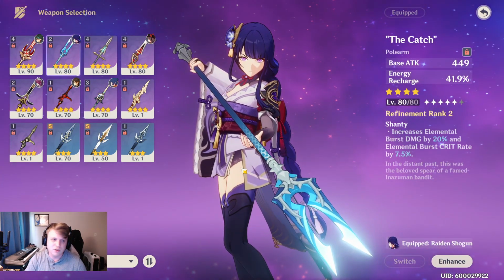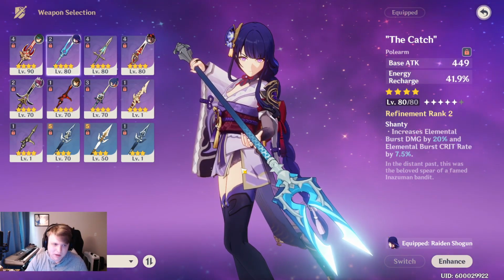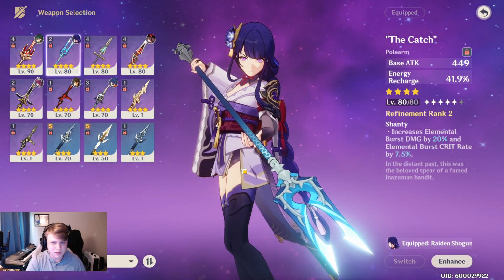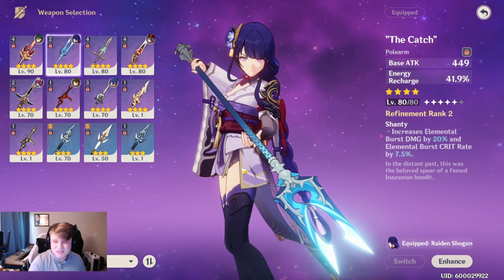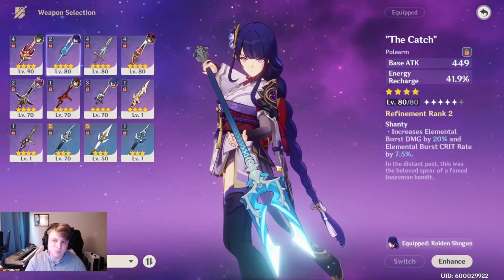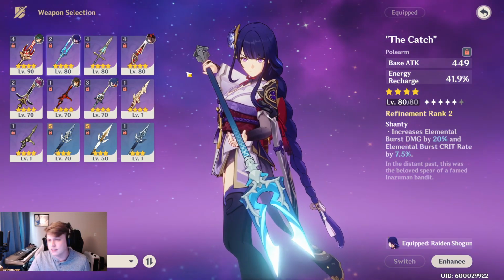Of course, if you have the Grass Cutter, that is going to be her best in slot weapon. Of course, other 5-star spears are going to be good options as well, but I'm almost positive I have seen some stuff, people talking about how the Catch at refinement 5 is even better than something like the Skyward Spine. So this does beat out a bunch of the 5-stars as well. So this is just overall going to be one of your best options, unless you have something like the Grass